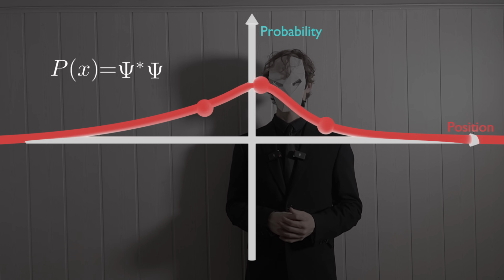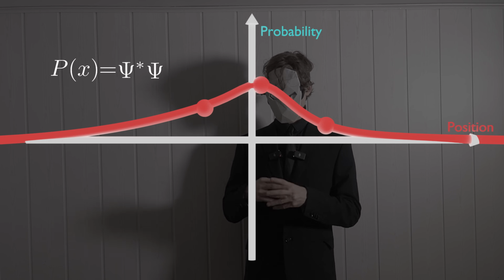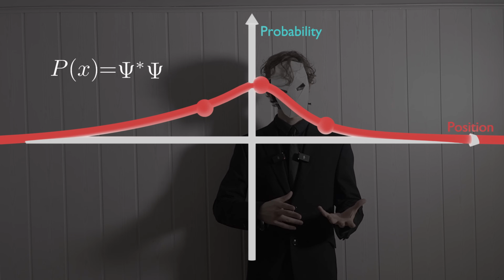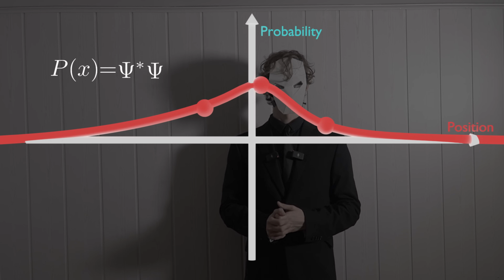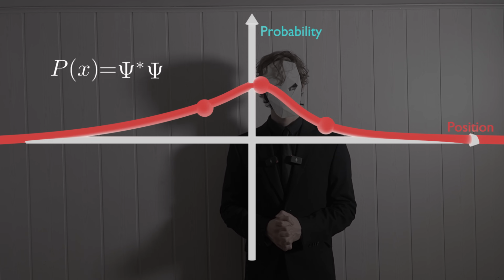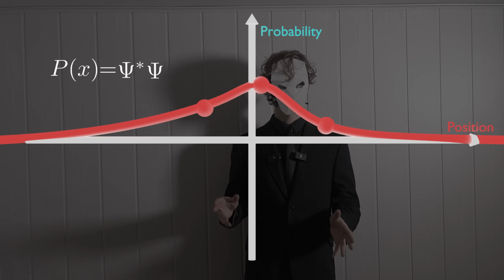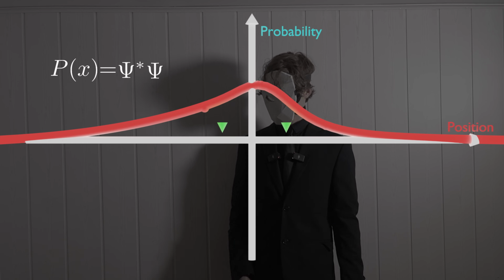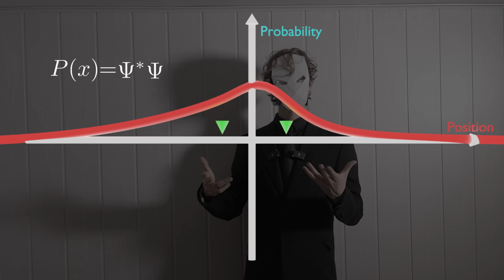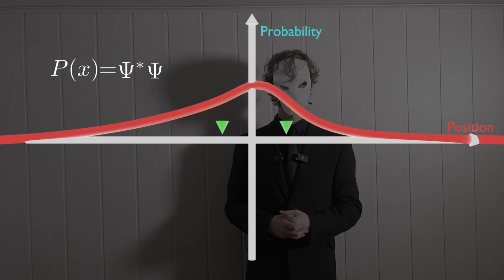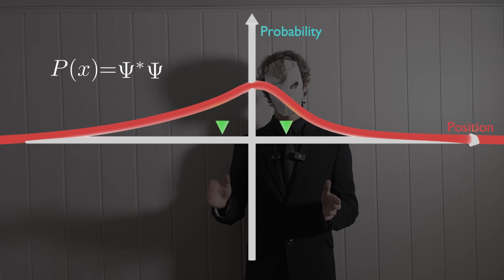Now, this all by itself is decently useful, because you can just take a position, input it into the function, and get the probability. But most of the time, we don't care about the probability of finding the particle in any single place. We most of the time care about finding the particle in between two places, because a single spot is not something you would normally do in physics. Normally, you would prefer finding the particle between point A and point B.